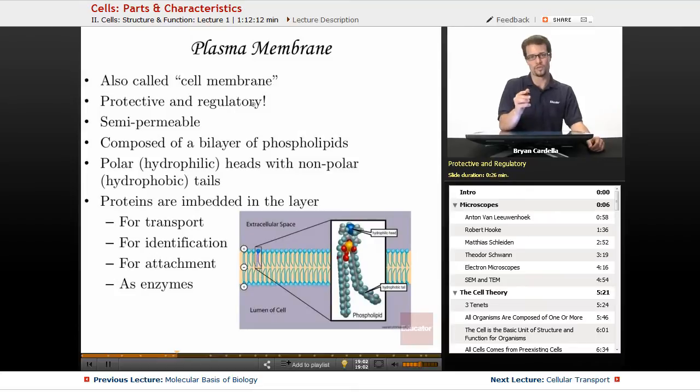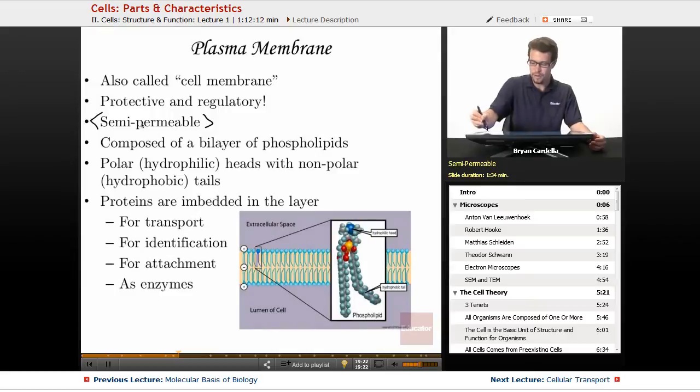And it's going to be regulatory. Only certain things are going to be let in. Only certain things are going to be let out. If you let everything in and everything out, then the cell is going to be vulnerable to whatever might be in the outer environment, and it would lose things that are important to it. So for that reason, cells are known as